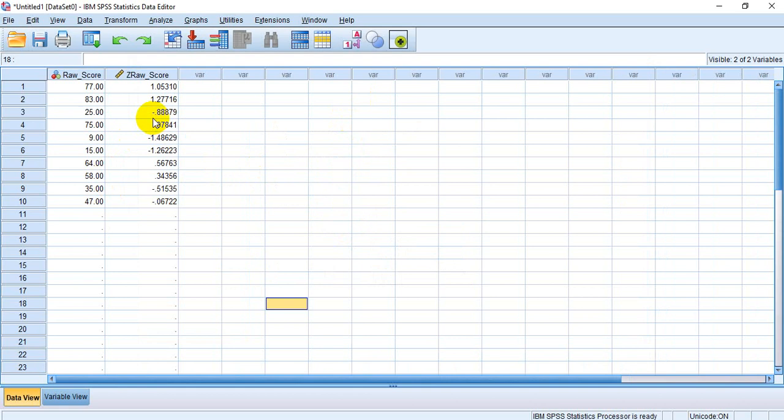You can see the raw score and the Z score. You see, this is plus or minus. This is the middle point, because the middle point is -1.48629. What is the middle point? Plus or minus at the junction, that is the Z score. And then we go to